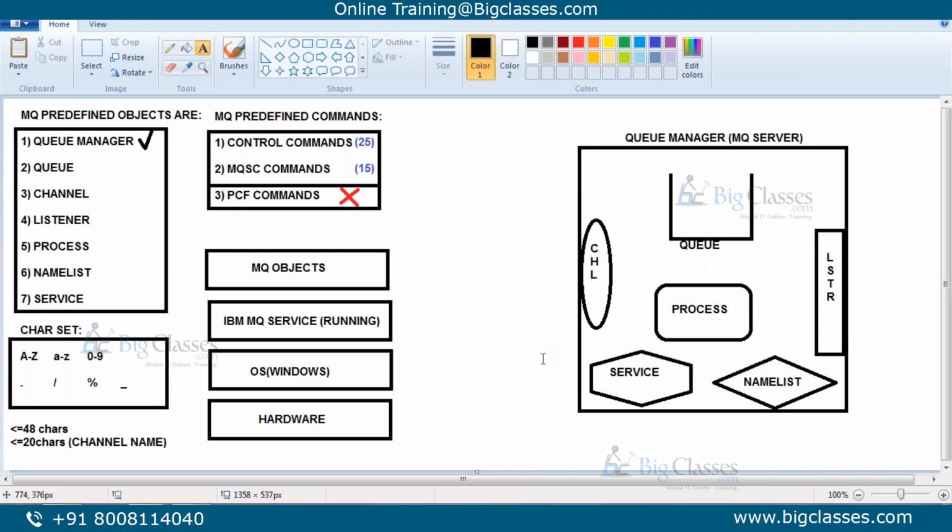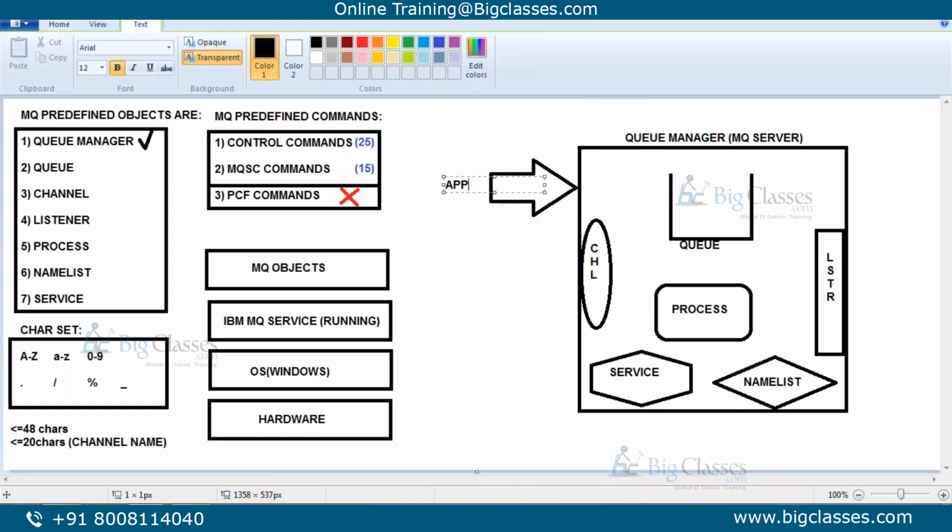If an application wants to put the message on queue or get the message from the queue, first it has to get the connection on the queue manager. For that, application use MQ interface. Applications talk to the MQ server with MQ interface, nothing but MQI or MQ API.